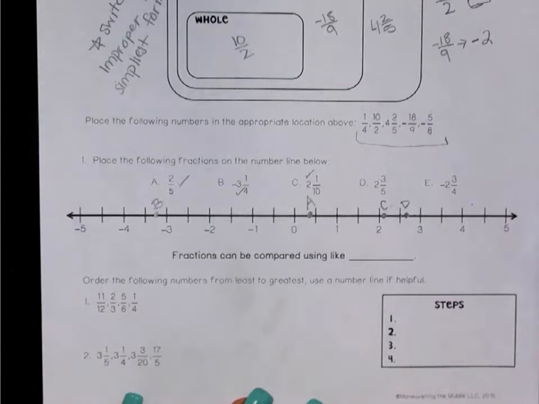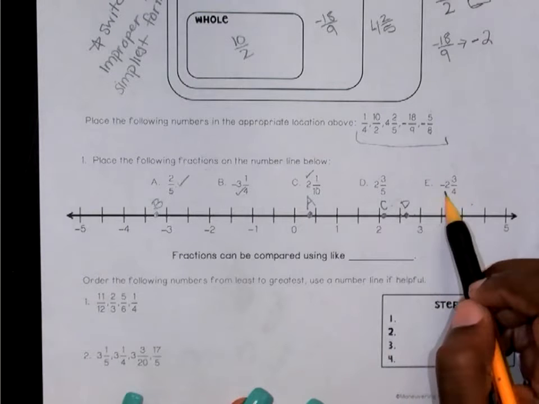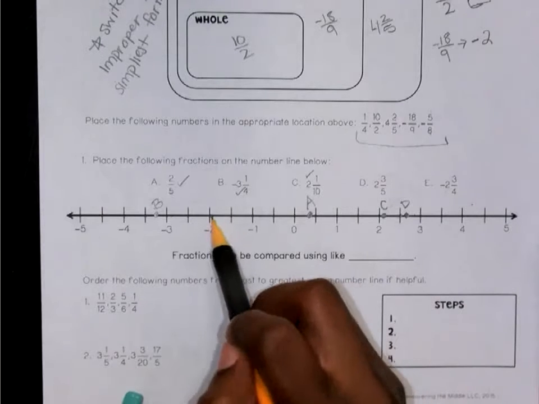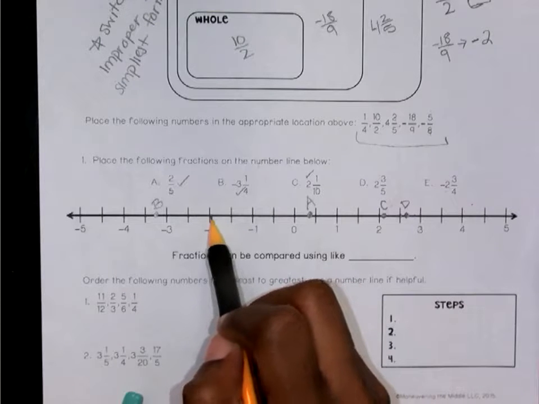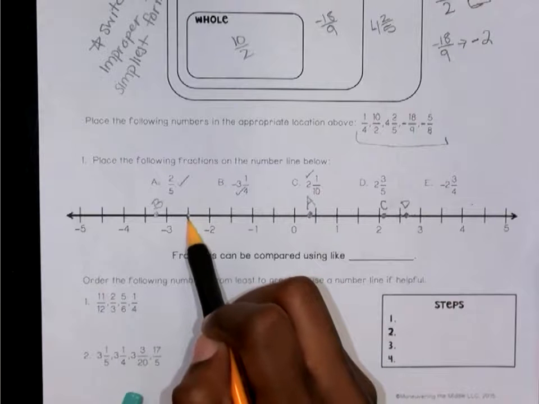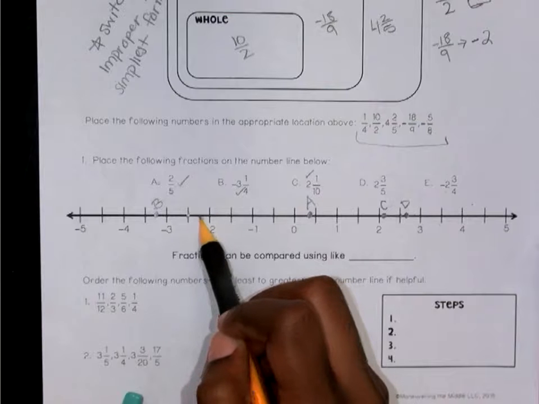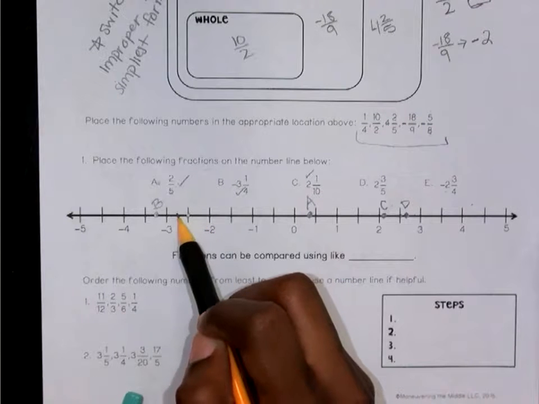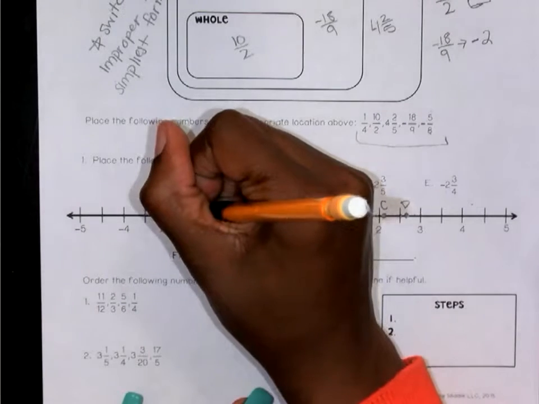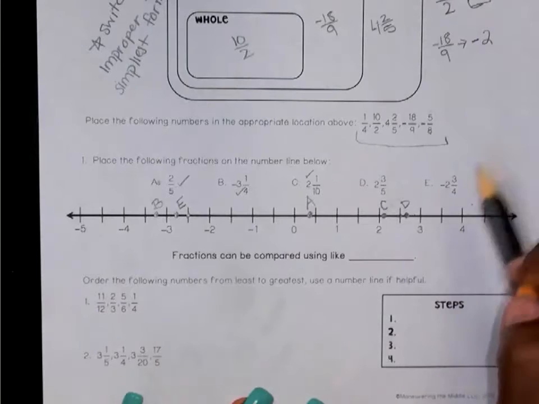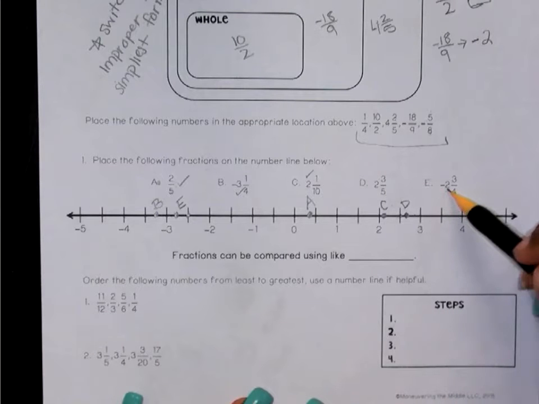Last but not least, you have -2 and 3/4. Go ahead and go to your whole number. That's -2. Sorry, your integer. -2. Now you're going to count by 4s. This is a half. Remember we said halves is 2/4. So this is -2, -2 and 1/4, -2 and 2/4, and this will be -2 and 3/4 right here. I'm going to put E. All right, that's the best way to do it. Go to your whole integer or your whole number,